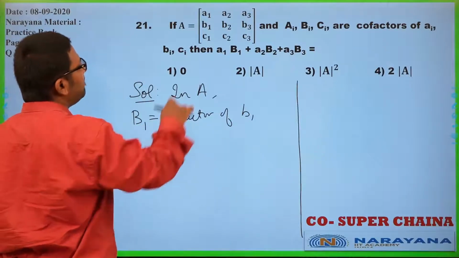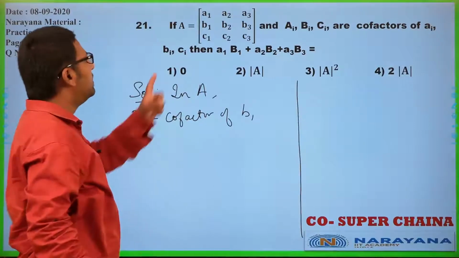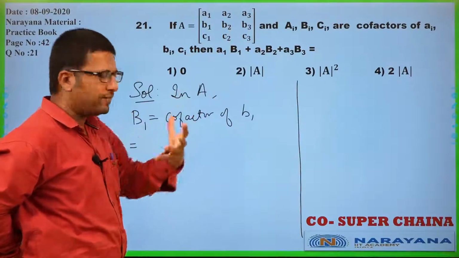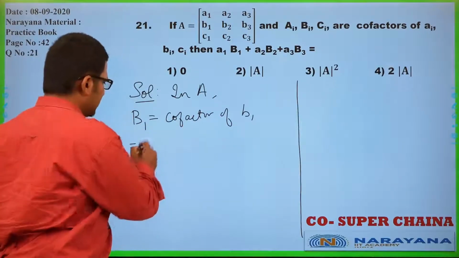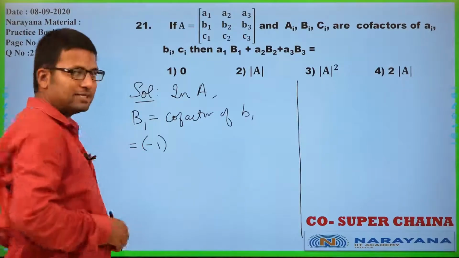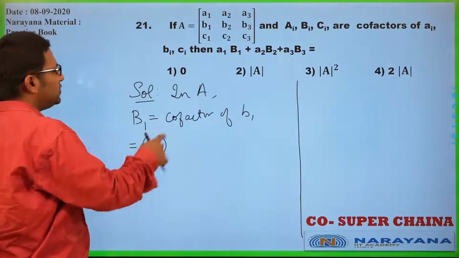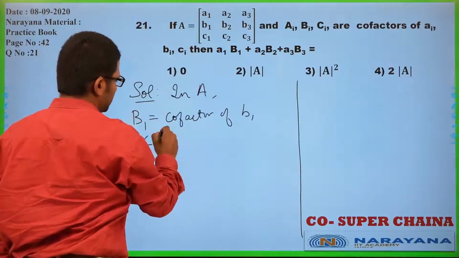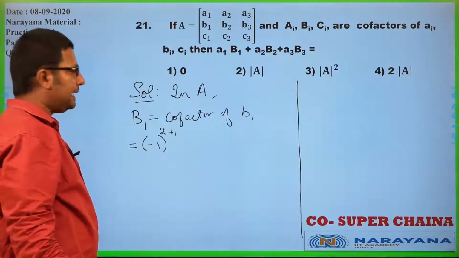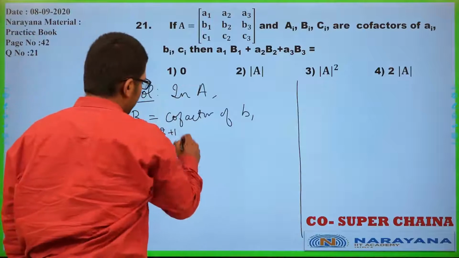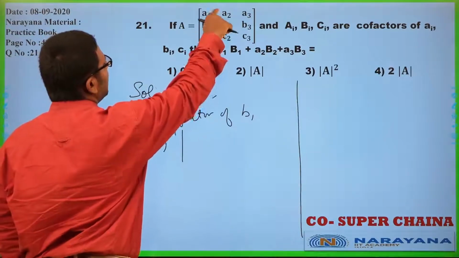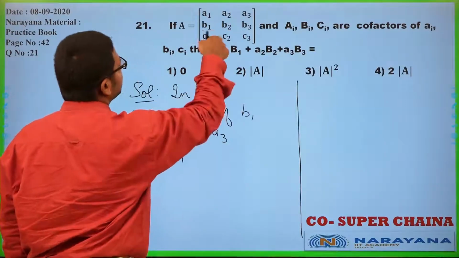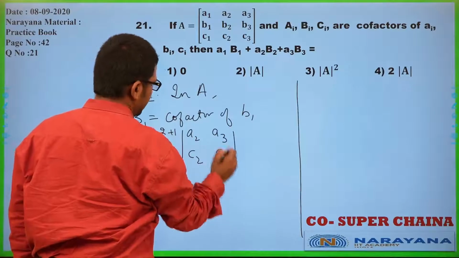Now the cofactor of B1, you see B1 is here, as I told you, plus minus plus, minus plus minus, plus minus plus. So, because there is already some calculation, let us directly write this minus 1. What is this minus 1? Minus 1 raised to i plus j, where i would be second row, first column. So 2 plus 1, right? Into the minor of B1. What is the minor of B1? The minor of B1 is A2, A3, C2, C3, right?